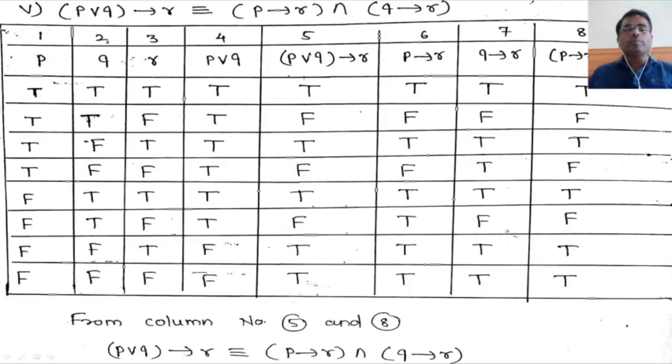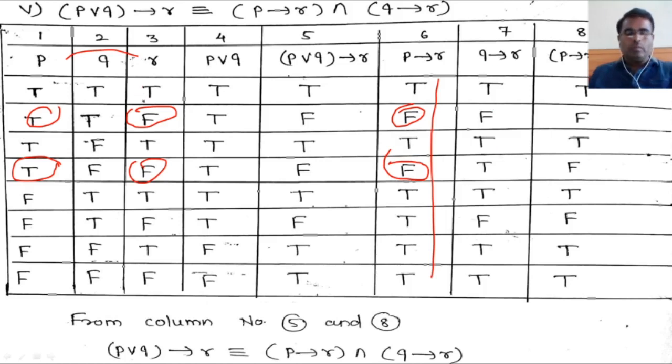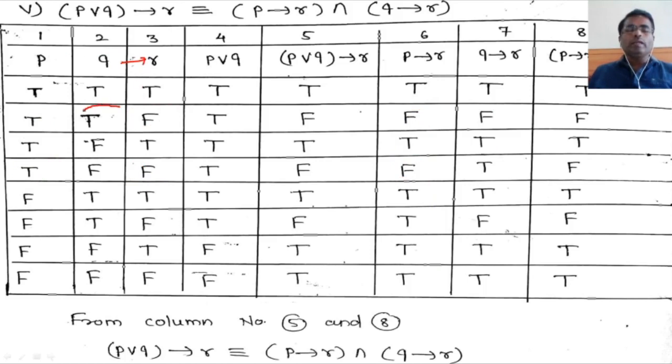Then next we need to consider P implies R. When you consider P implies R, for the true, false combination, the resultant is false here. Again, here also you have a true, false combination. Therefore, the resultant is false and all others are true only. Then Q implies R. That is, this column implies this. Again for the true, false combination we have false, again false, but all other values are true.